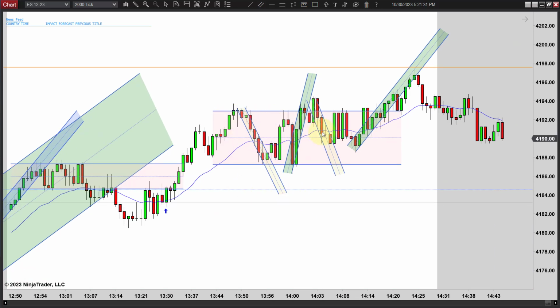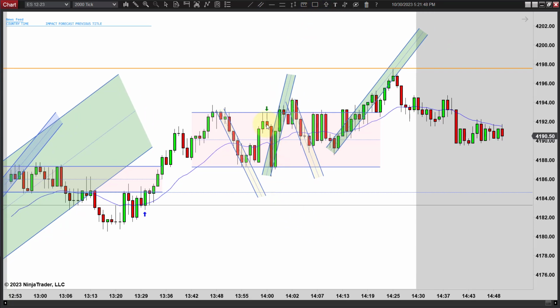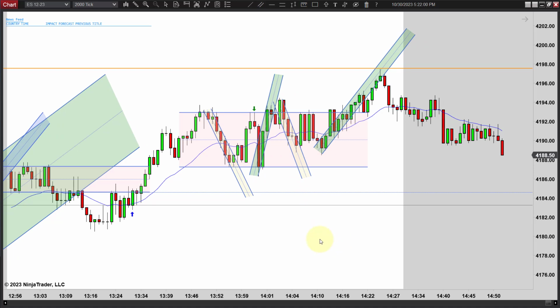Then we're just working sideways again. And I don't see anything in here. That's tempting to go short on a triple test, and you do have a break and a new high here. Maybe you take that trade. Again, I'm not crazy about it. You ran down, you ran up, and you probably at least go back down to the other side if it's going to be a range. It's kind of hard to tell at this point. But maybe you take that trade. There is a triple test there no matter how you look at it.